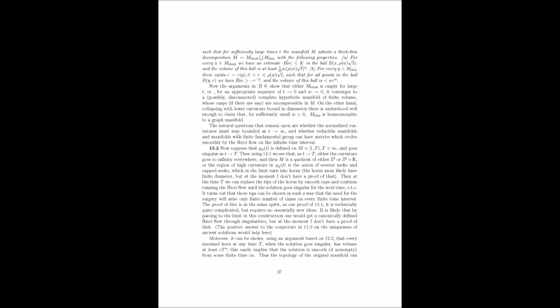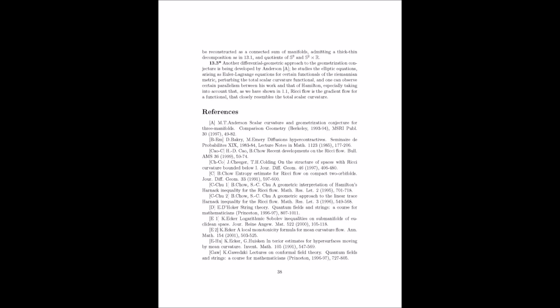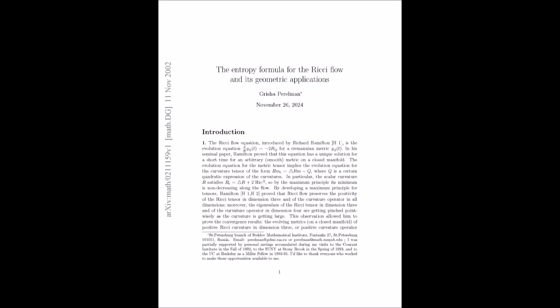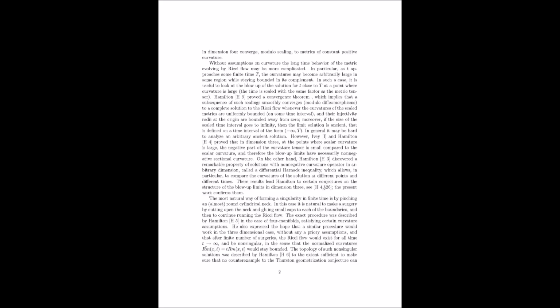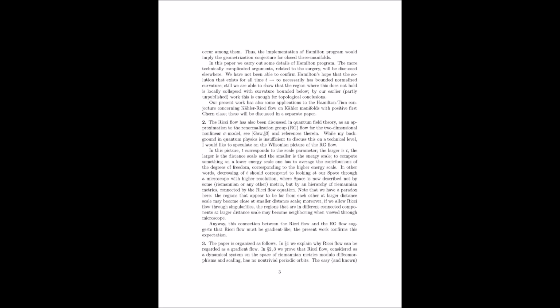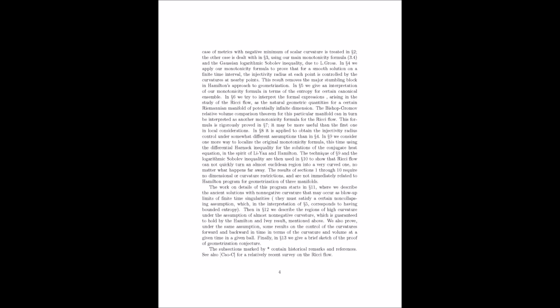Precisely. And Thurston's geometrization conjecture states that eventually the shape will decompose into pieces, each of which has a very specific geometric structure. These pieces can be classified into 8 different types, each corresponding to a different building block of three-dimensional geometry. Wow, so it's like the Ricci flow acts as a kind of geometric sorting machine, separating a complex shape into its fundamental geometric components. That's an excellent analogy. And this decomposition into geometric building blocks is what allows us to classify three-dimensional manifolds and understand their topological properties. It's like breaking down a complex molecule into its constituent atoms to understand its chemical behavior.